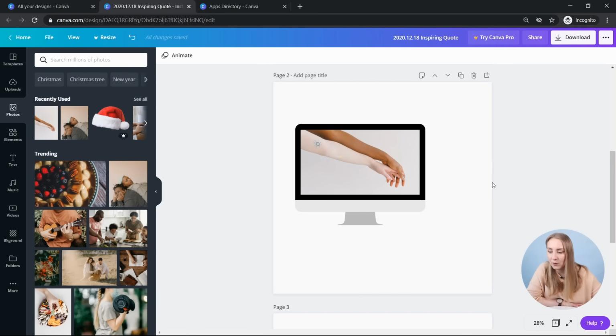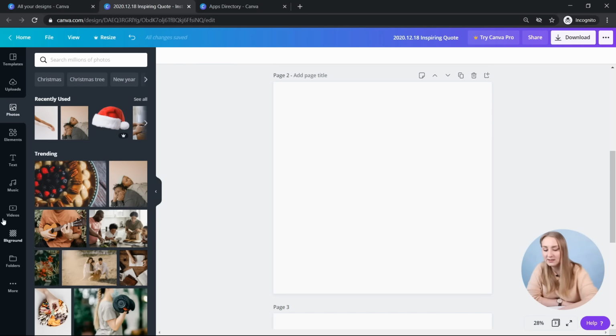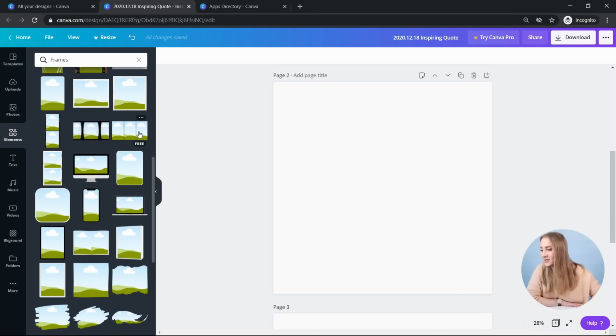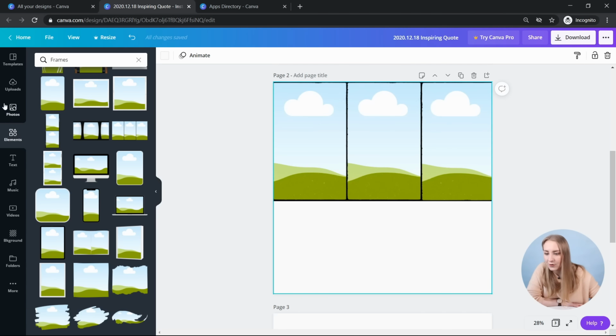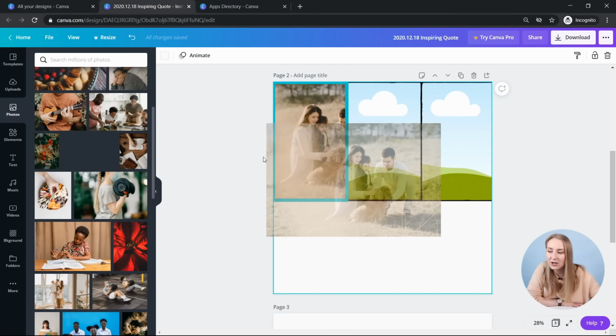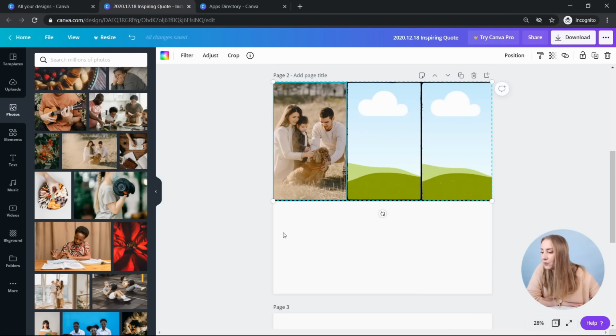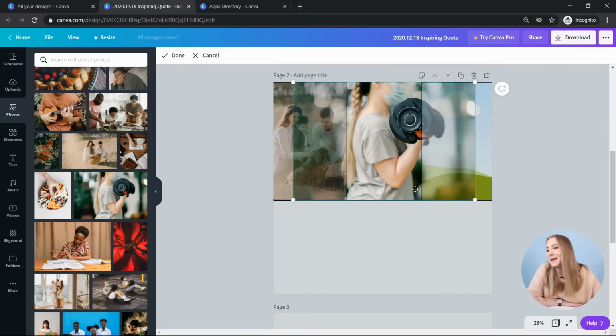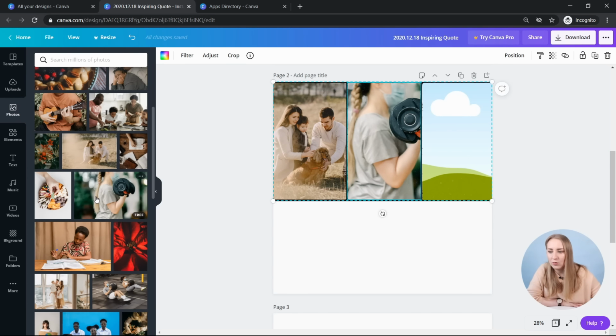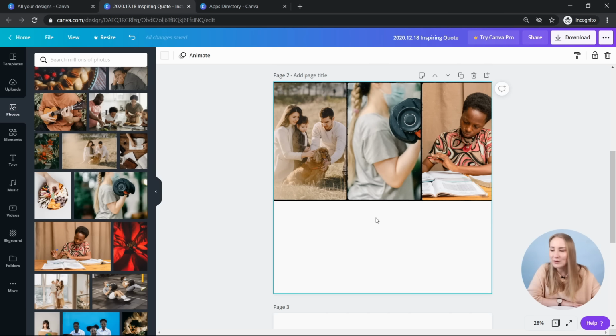Or you can just drag a photo, and then if you double click on it, you can move it and you've got that displayed in there. So it's almost like a mock-up, and you've got so many different options of the frames as well. So I can just delete that particular one, but let's say you want a 3-part design for your graphic. You can have a wee quote in here, and then you can have 3 different photos showcased in here. So if you're designing a this or that post, like which one would you prefer, spend time with your family, or, I don't know, work out, obviously it doesn't go together, so you have to read through it a bit more.